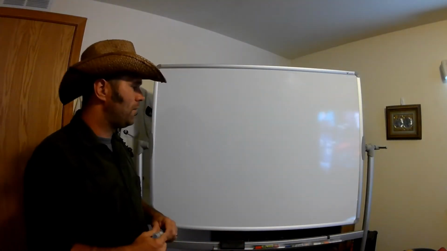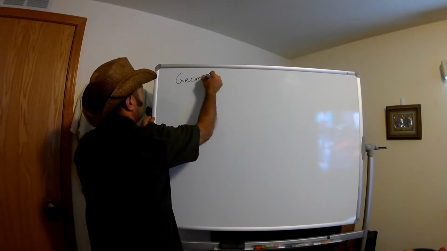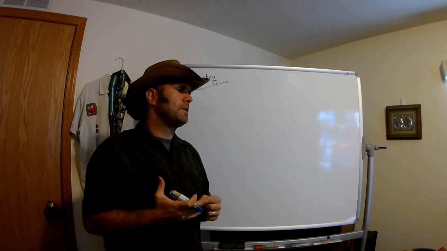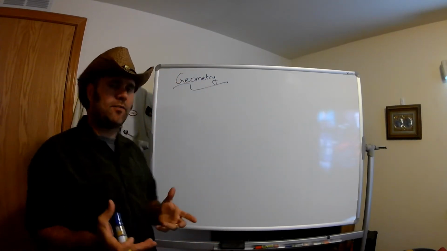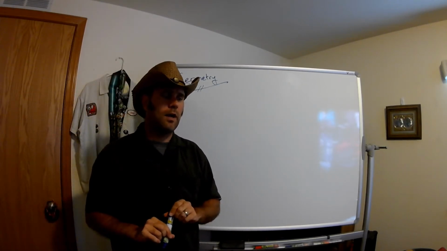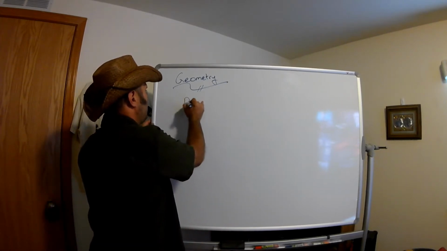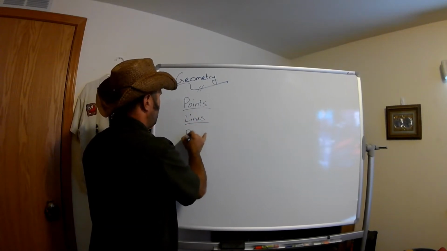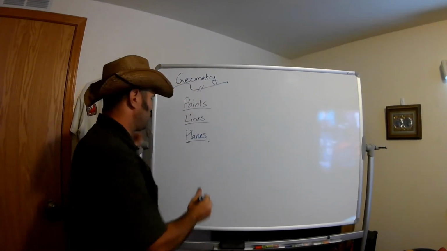All right, we're looking at the first lesson in geometry. There are a couple of terms that we want to discuss today for sure, and then also we're going to look at some shapes. Some very important terms that we should look at first are points, lines, and planes. And then we're going to look at some shapes such as triangles,